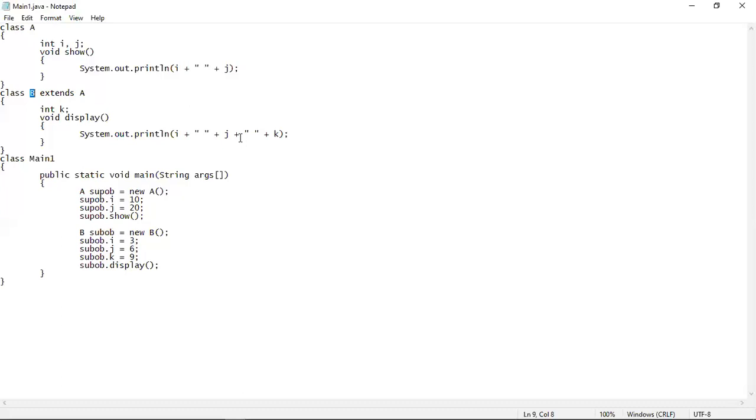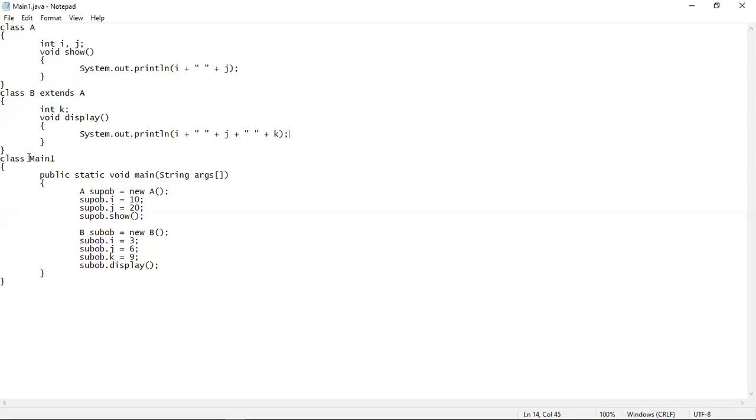So here you can see that you don't need to create any object of A class in order to call i and j from inside B, or you don't need to define i and j explicitly here inside B again. If you want to access them, you just call them using their name, and that's it. So this is the code reusability feature, which is very important in a program. You don't need to write code again and again. You just have to call it by its name.